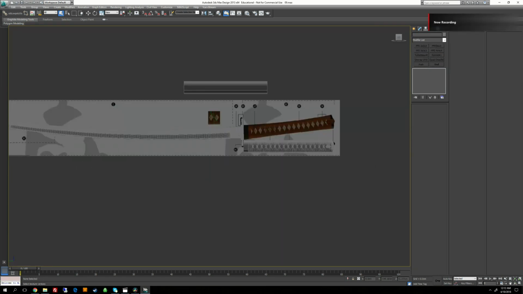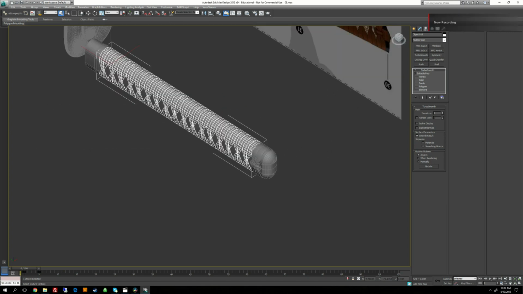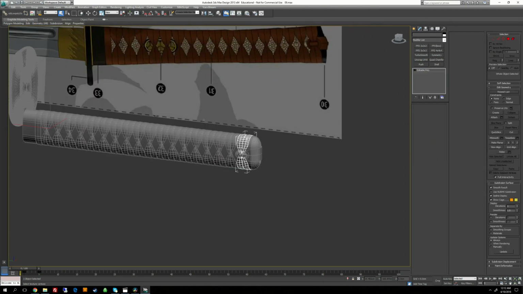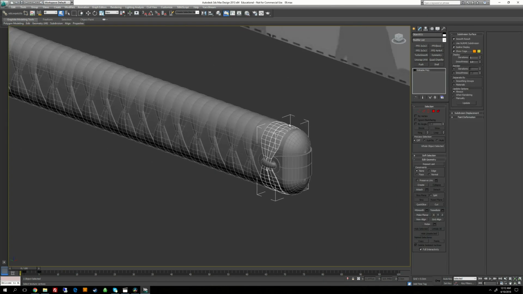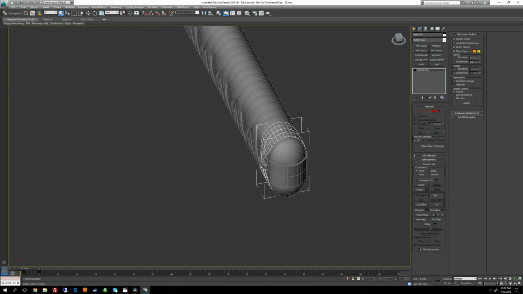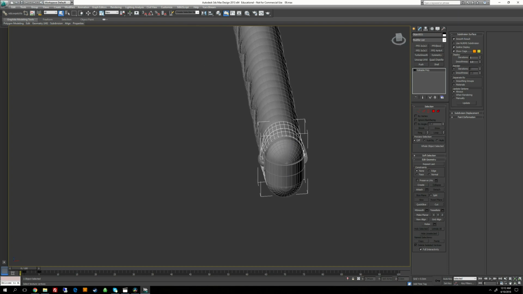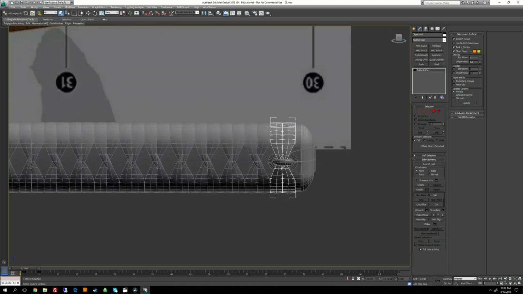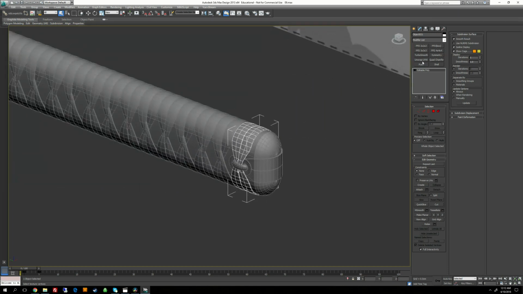Alright, so let's go ahead and finish out the back piece here. One of the first things we need to do is adjust the UVs on this, because when we made some adjustments here, we had to do a symmetry modifier, so our UVs are now stacked on top of each other. So let's go ahead and open up our unwrap,